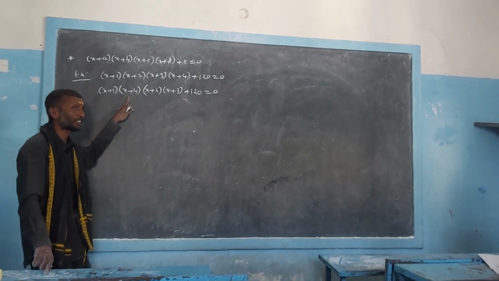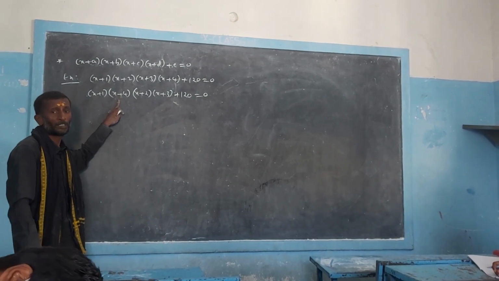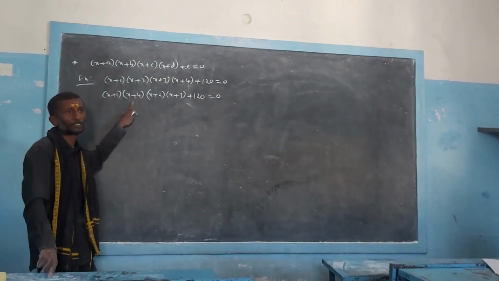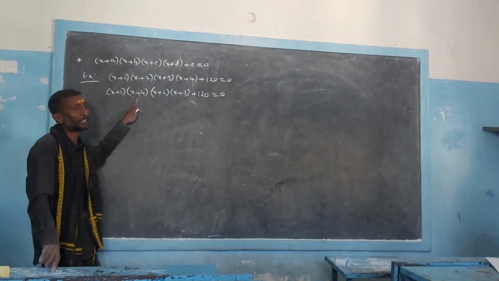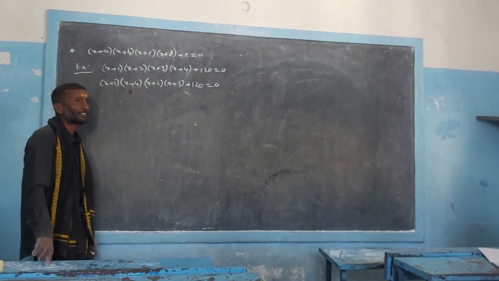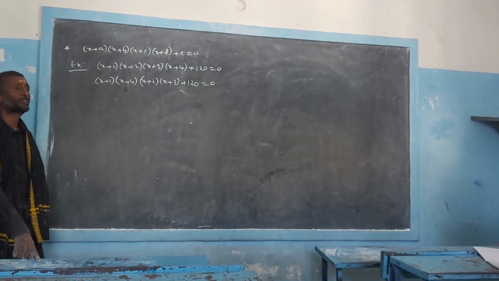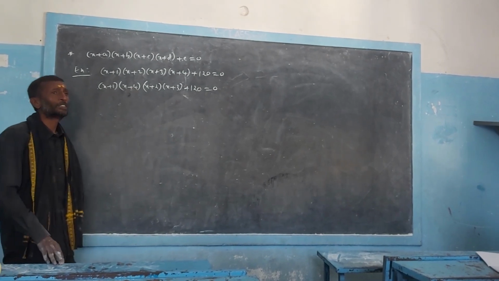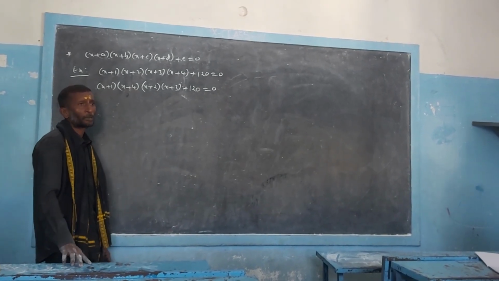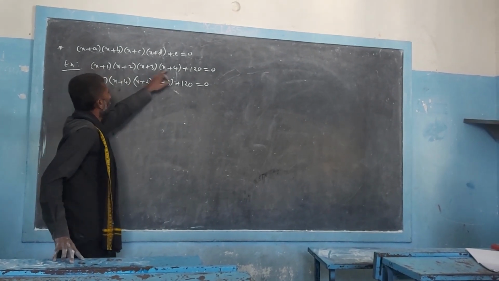You can solve the equation, but a complicated equation will come. How complicated? It will become a bi-quadratic equation whose degree is 4. Then you need to solve the 4th degree equation. For that you need to know the remainder theorem and the factor theorem. Using the theorems we can solve that 4th degree polynomial equation. So instead of doing all that process, I want to make the problem very simple. For that, we must arrange the terms in the order like this.